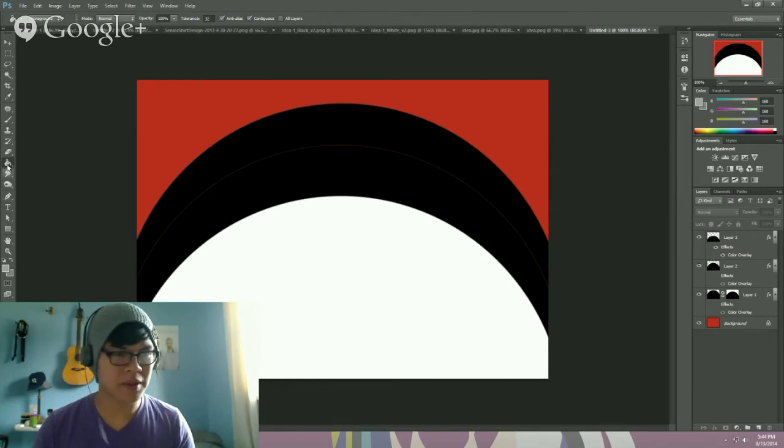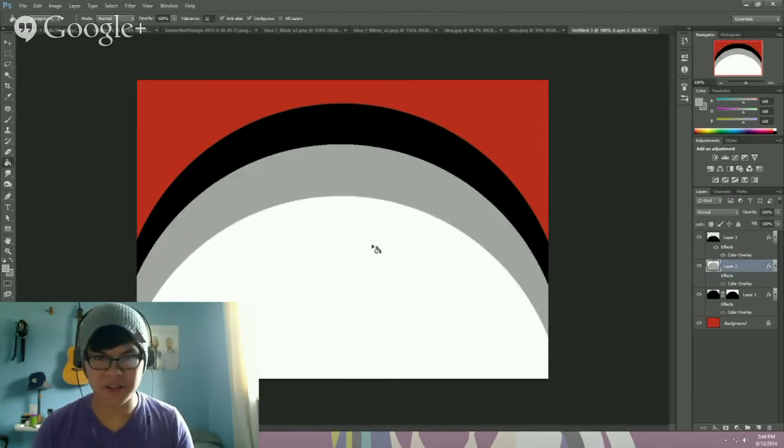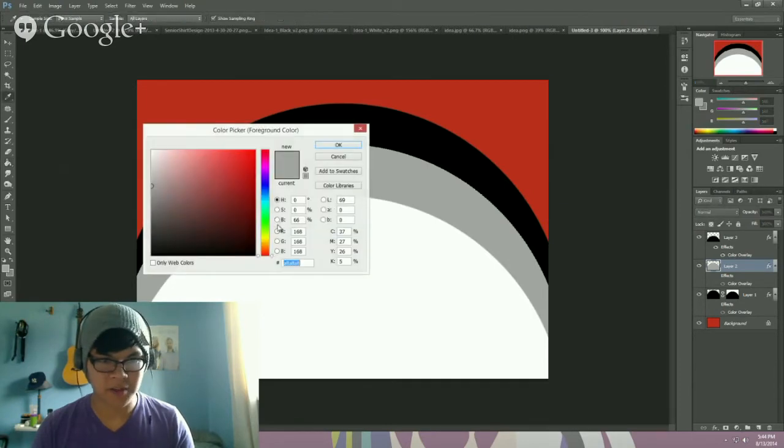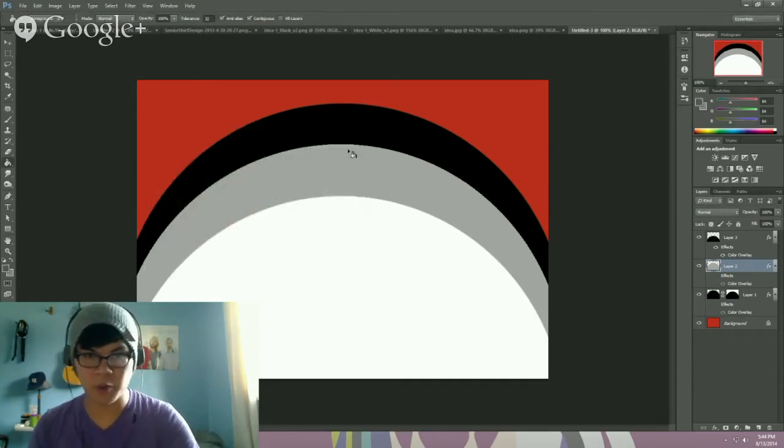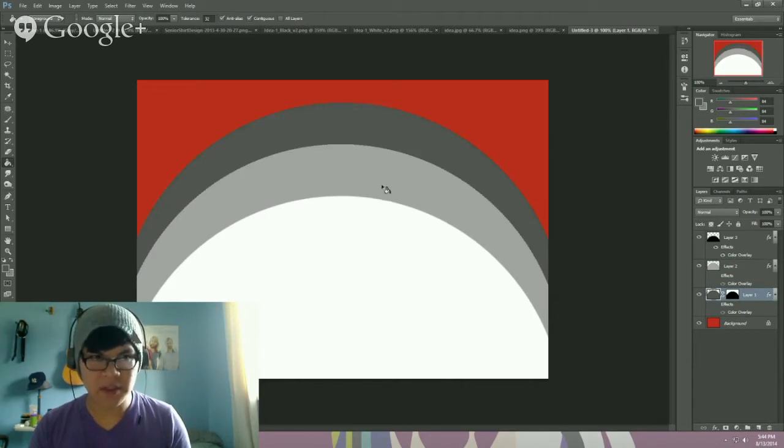So basic. Just going to layer it down. So I'm going to fill that color with that. I'm going to go in here and then get the next step down towards black, black being the darkest. So now there's the black there. Now that I have the colors established, I can